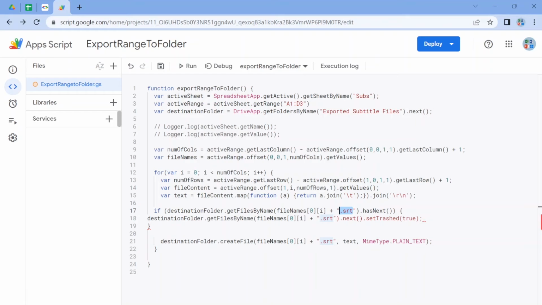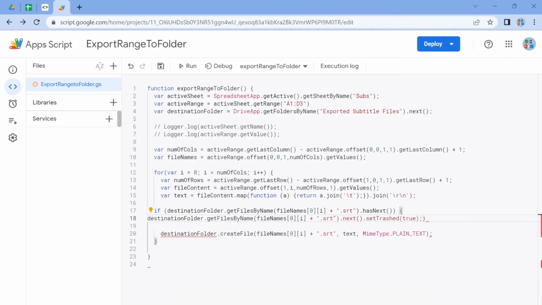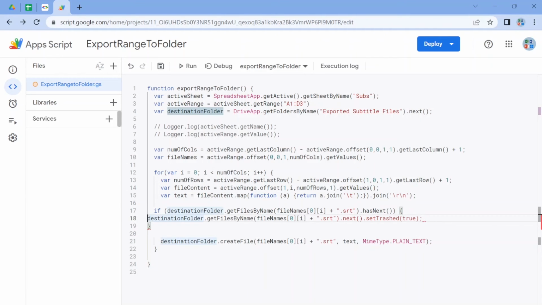We will customize it in just a little bit, but for now let's just keep it like this. If that file exists, then set it to trash, basically delete it. So that is the situation here. And let me indent this a little bit because it's inside of the for loop. Okay, I think we're good to go.